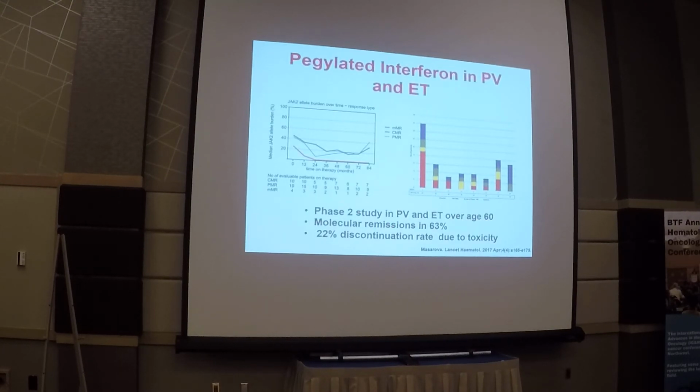Interferon has been a big topic of debate. Pegylated interferon has been shown to be very effective in polycythemia vera and essential thrombocythemia as a drug in patients especially resistant or relapsing after hydroxyurea. It is also probably the only drug able to induce a molecular remission in these patients. And the pegylated version of